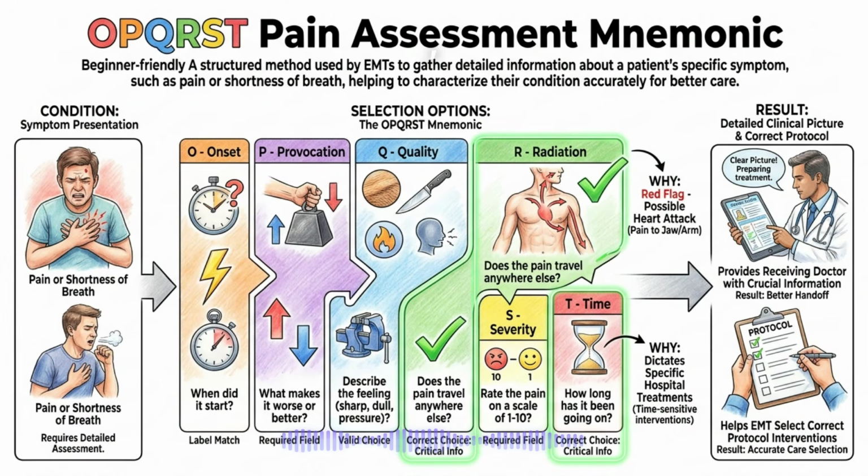Asking if the pain radiates to the jaw or arm can help you identify a potential heart attack, while asking about the onset time dictates specific hospital treatments. Mastering OPQRST allows you to paint a detailed clinical picture for the receiving doctor and helps you select the correct